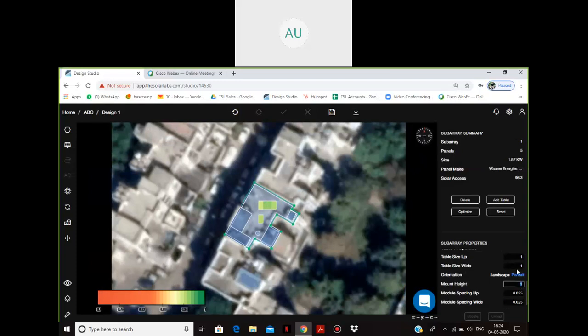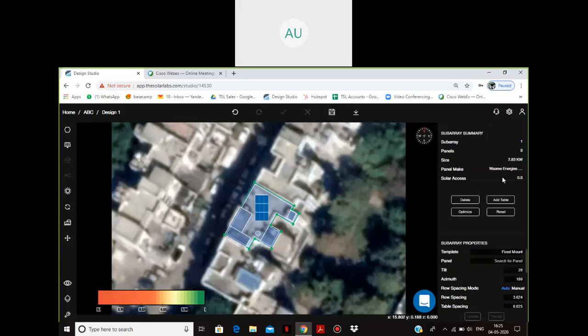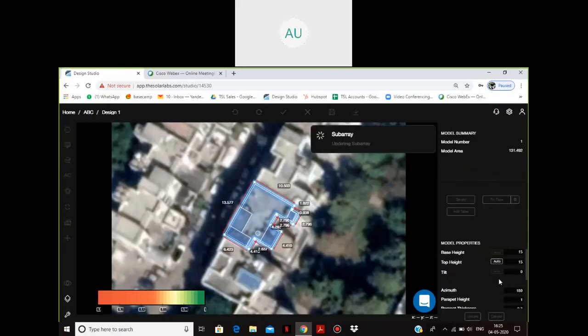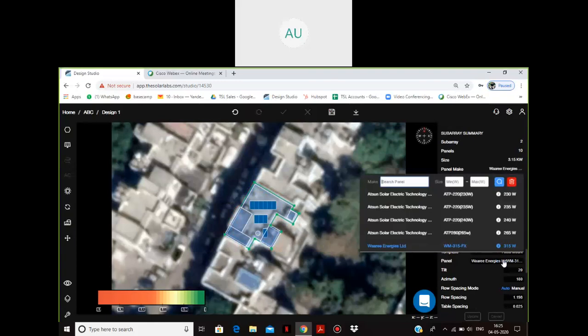I'll change them. I'll first take the table size as say 3 cross 3. Update this. I'll choose a higher kilowatt panels.